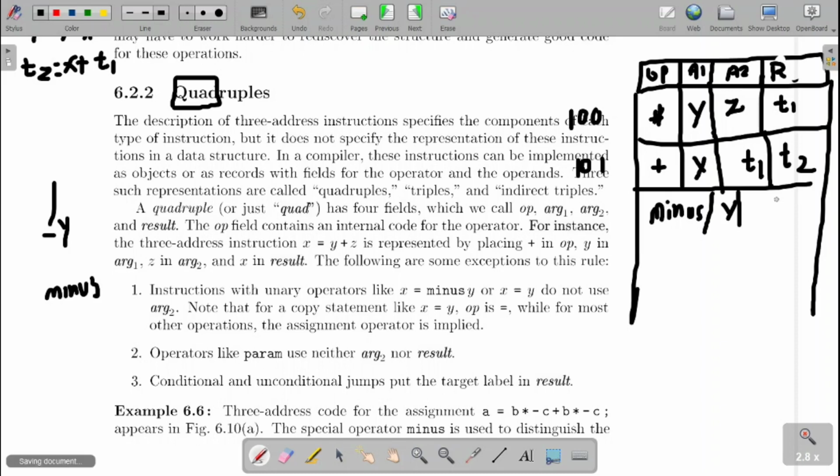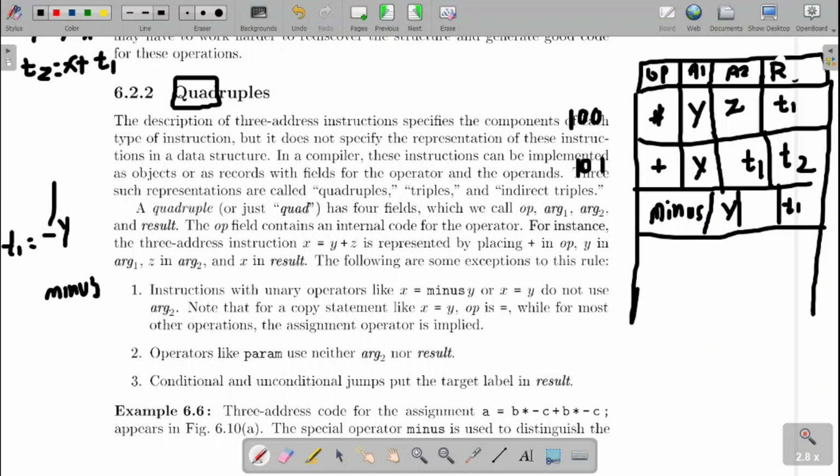I don't have argument 2, I will leave it blank. Then I will copy the result to T1, as in T1 equal to minus y. That is, argument 2 will be left blank for the unary operator.